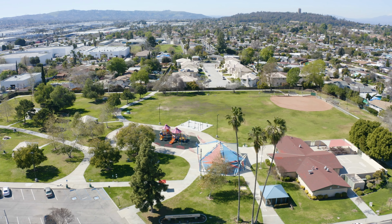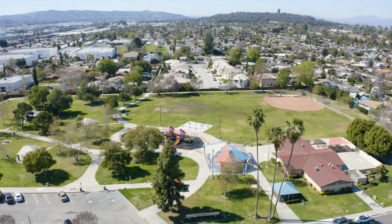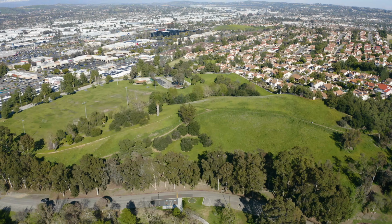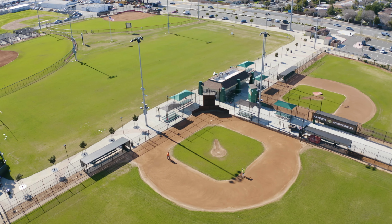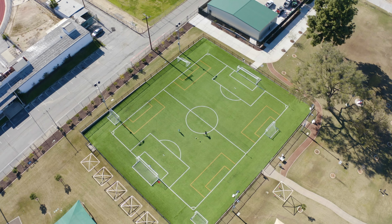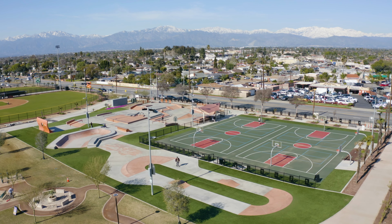For nearby places to get outside, our homeowners can walk to Sunshine Park for family fun at the splash pads or basketball courts, or head to Shawbroom Regional Park or Ulster Wilderness Park for hiking, biking, and nature trails. The newly renovated 22-acre Puente City Park is also close by and offers a skate park, sports fields, and playgrounds